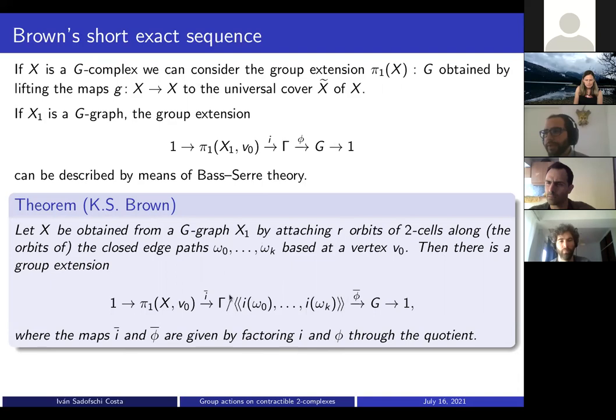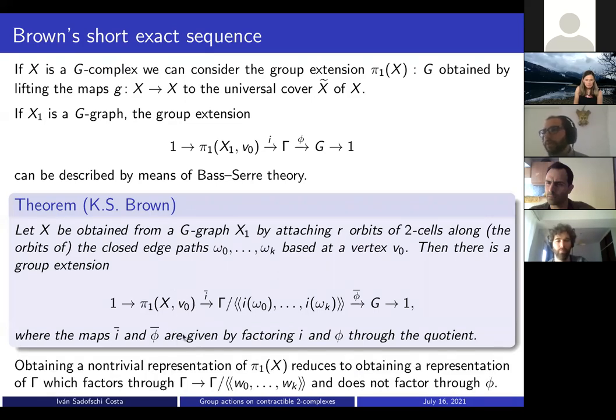So if we understand this group, then we take a quotient by certain elements and we understand the extension of this by this. So now, since we want a representation of this group, it is enough to obtain a representation of this group gamma, which factors through this map here and does not factor through phi. Because if it factors through phi, then we obtain the trivial representation of the fundamental group of X. Well, so now to do this,